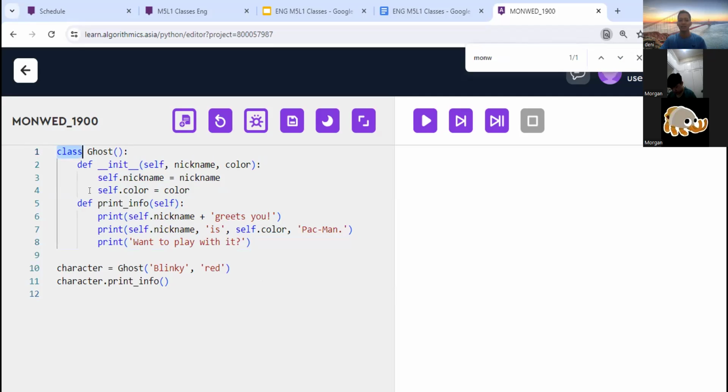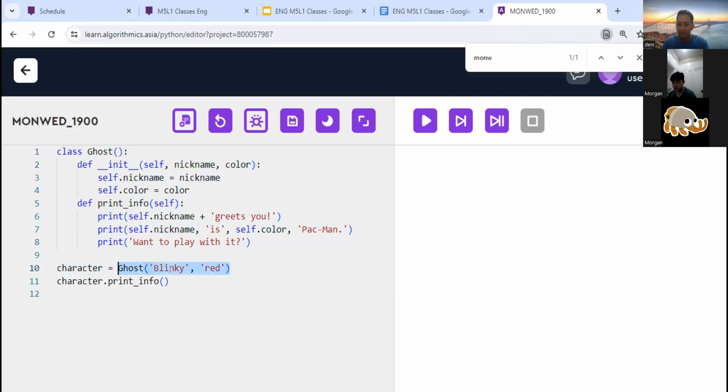We have a class here named Ghost. Here's the constructor. We have nickname and color. When you create an object, just call the class, and inside the brackets fill in the nickname and the color, the same as the constructor.